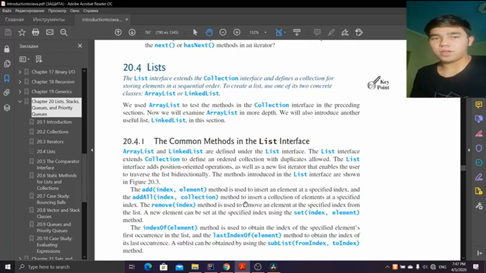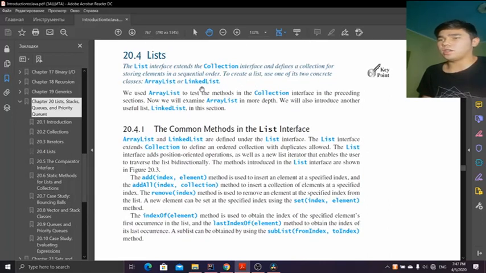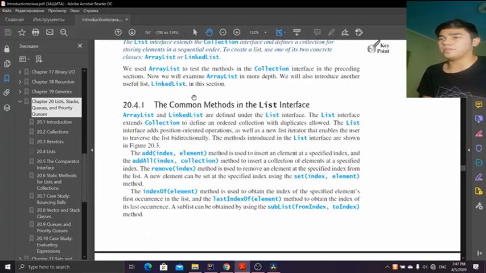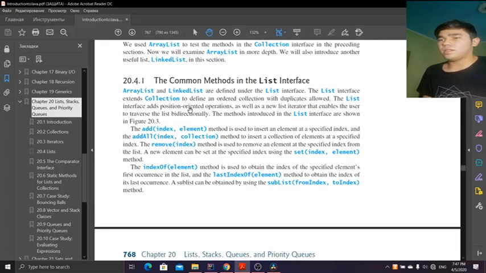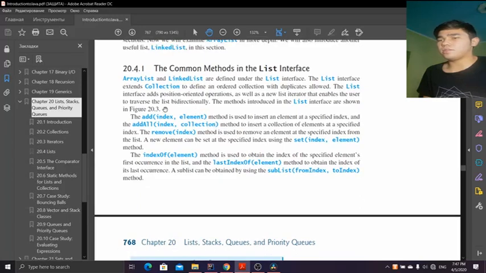Hello everyone. Today I will introduce you the subchapter of chapter 20.4, lists and list. The list interface extends the collection interface and defines the collection for storing elements in sequential order. To create a list, we can use the two concrete classes of this interface: ArrayList and LinkedList. ArrayList and LinkedList are very similar, and they have common methods to store data,